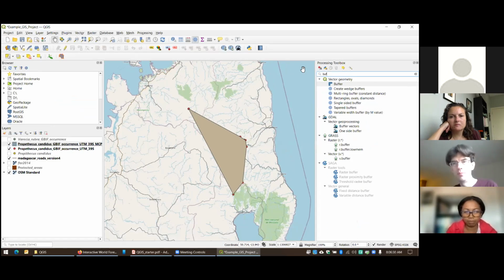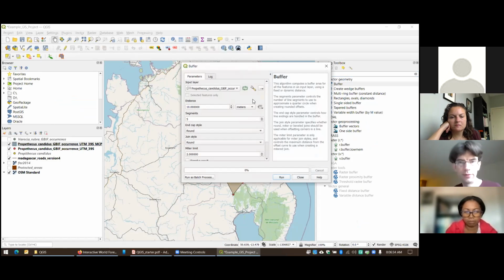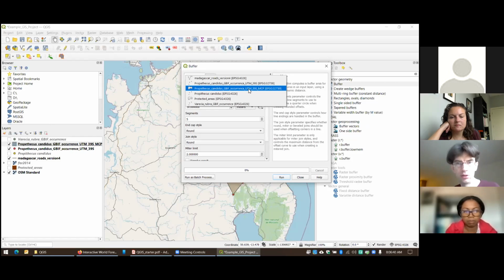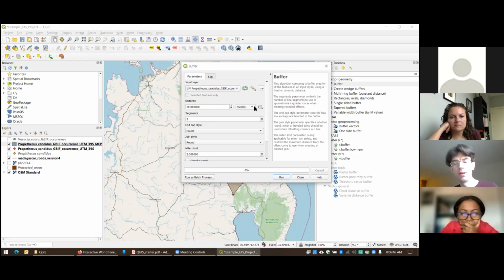I can type in buffer here, and if I double click on buffer, it's going to ask me what I want to buffer. I want to buffer the file that I just created. It's going to ask me what distance I want to buffer by. I'm going to buffer by 10, but let's do 10 kilometers. 10 meters seems very small.